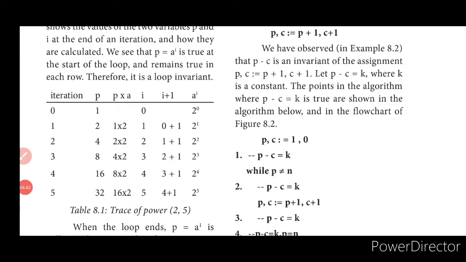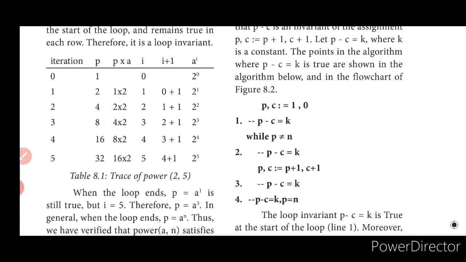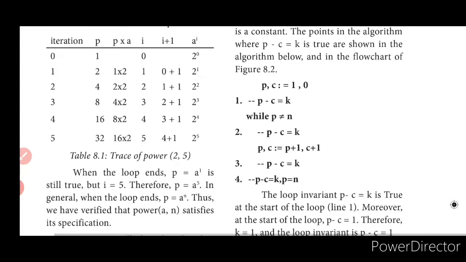See what happens here is, as we cut, the pieces will start to increase. The cuts may be reduced, but the pieces will start to increase as we cut several times. So we can represent that as p minus c is equal to k, where k is just going to be a constant, and p minus c is equal to k is true, as shown in the algorithm that we will see, right? See, before that, just have a look at it. What did we do now?